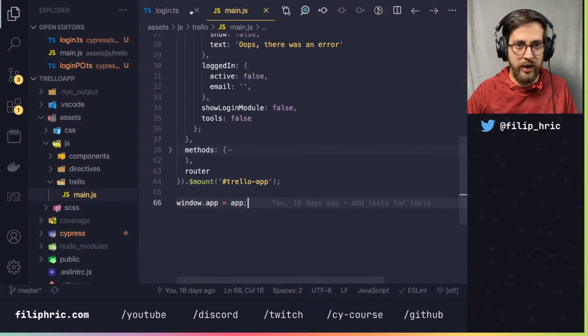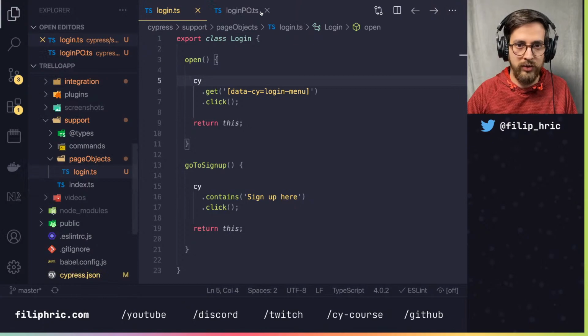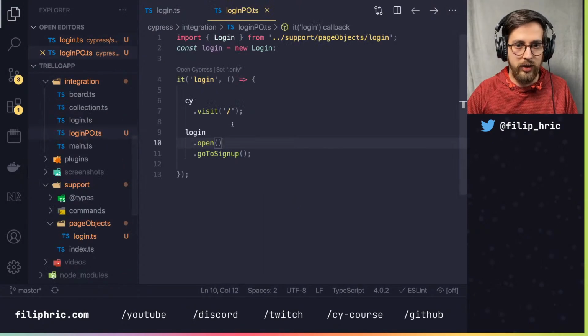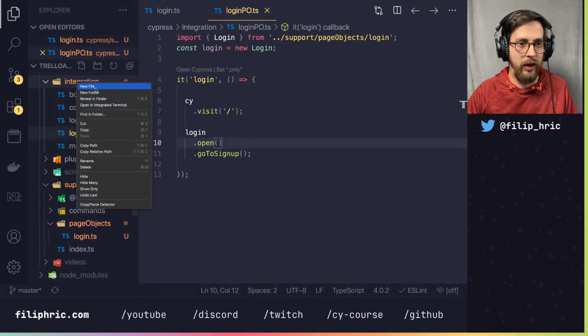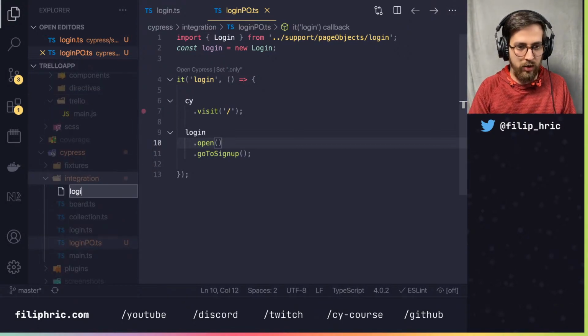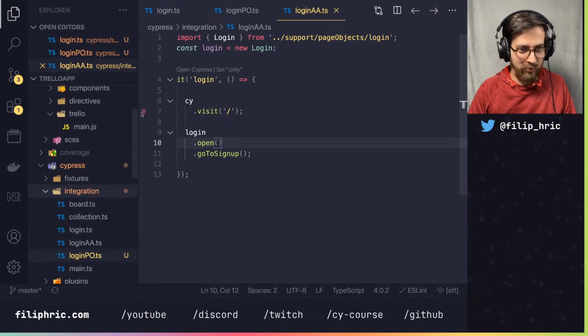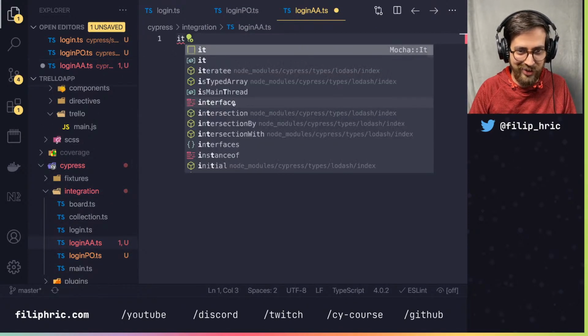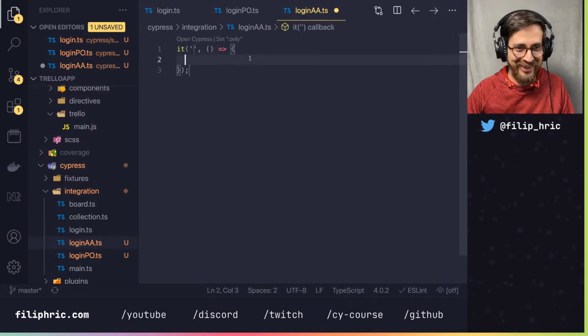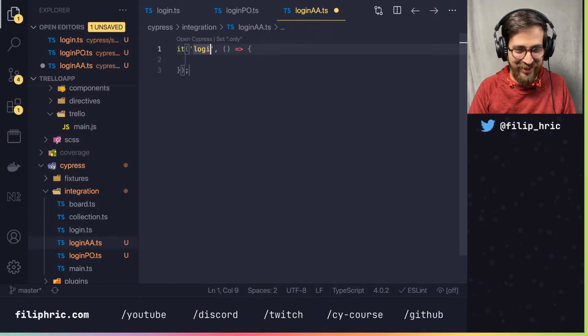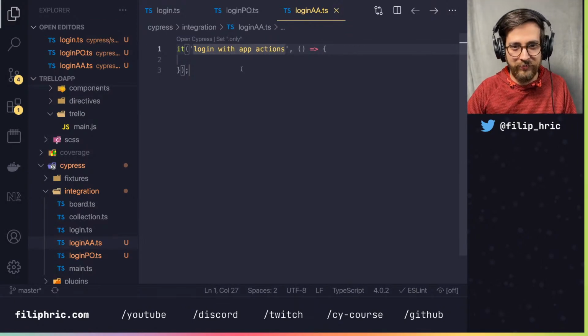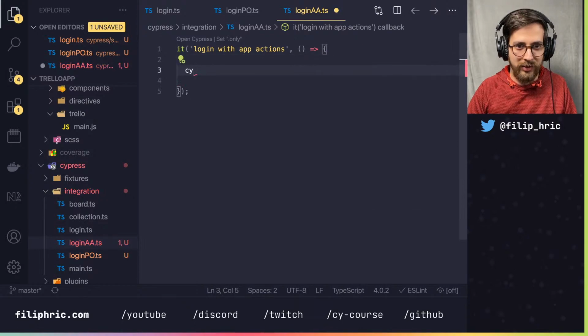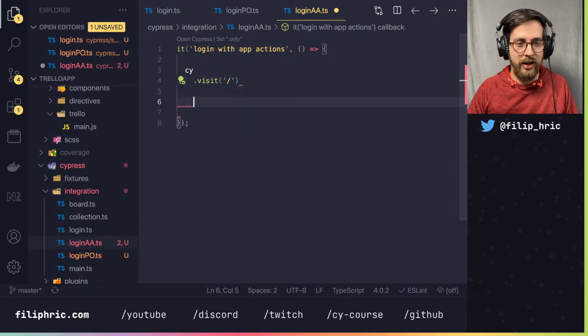So let's go back to our code. I'm going to close this. I will actually create a new file that's going to be login app action. So not Alcoholics Anonymous, but app action. So login with app action. And I will type visit, and